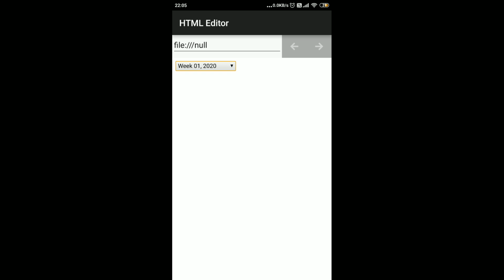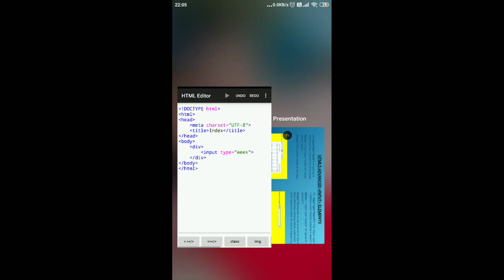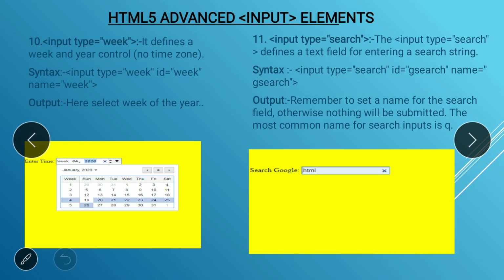Okay, and you can see that output better on your laptop. Okay student, I already told you that if you don't have a laptop, then don't worry, you just use your mobile.